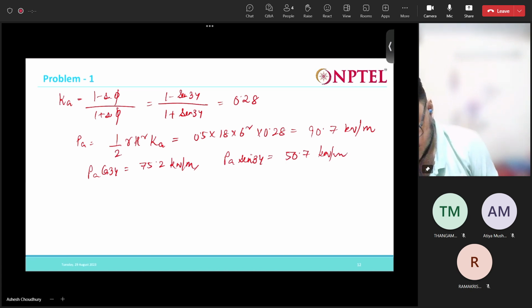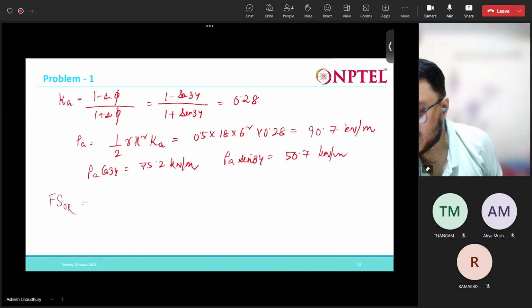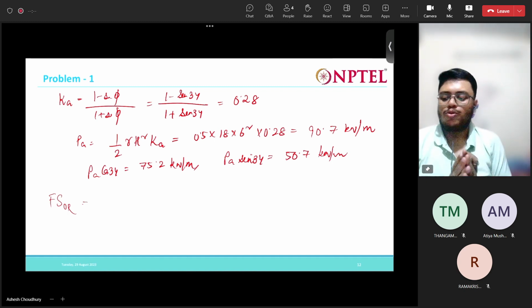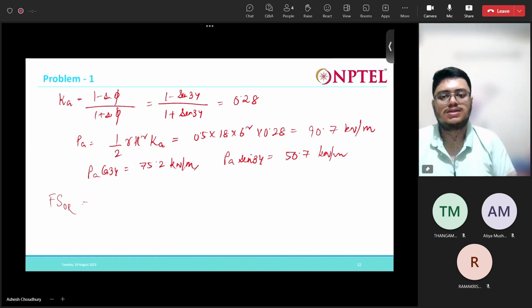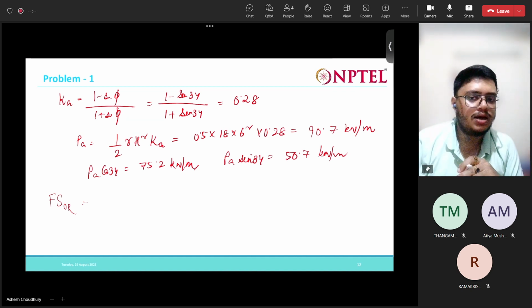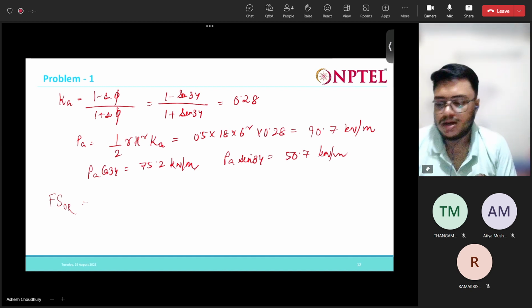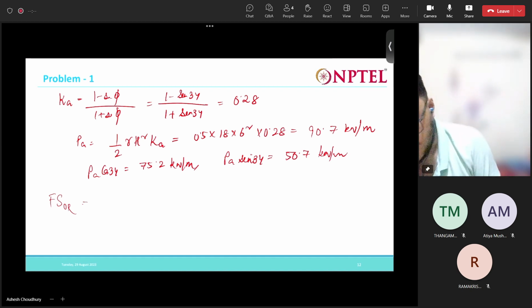Right now, what is the factor of safety in overturning? It is nothing but the resisting moment divided by the driving moment. So what will be the resisting moment? The moment generated by the weight is what resists the overturning. So the resisting moment will be W1 x1 plus W2 x2 plus W3 x3 plus PA sin delta